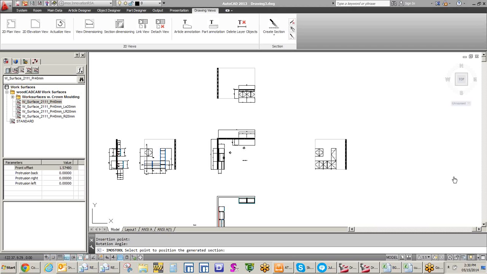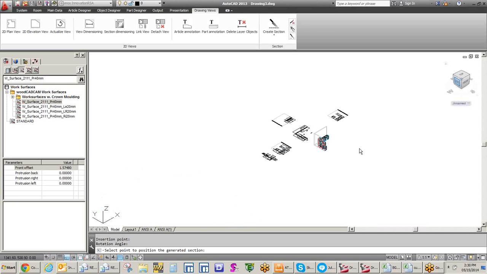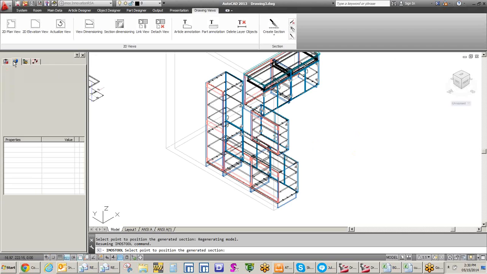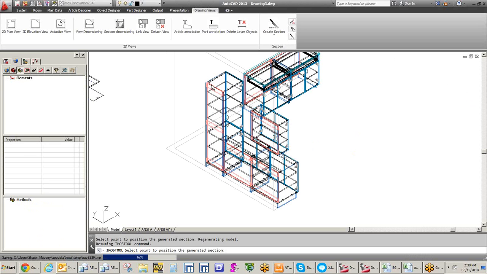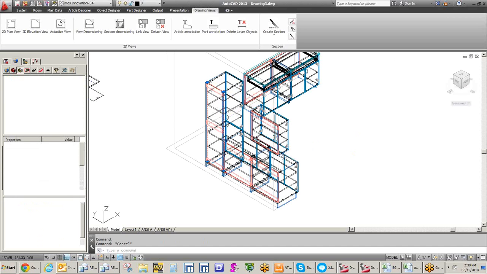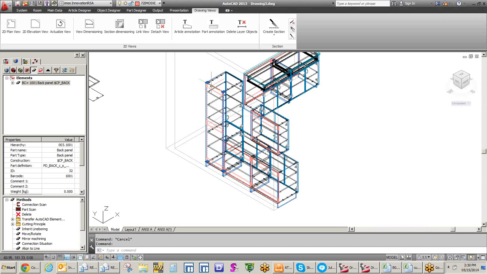Keep in mind as well, if we've done this kind of work and now we're back working with our 3D model for some reason, and we wanted to make a change, for example, if I selected this upper cabinet, I like to select it just because it's on the outside, and I right-click on this, and I wanted to make some change to it, for example, the dimensions. Now I might want to change the width from 19